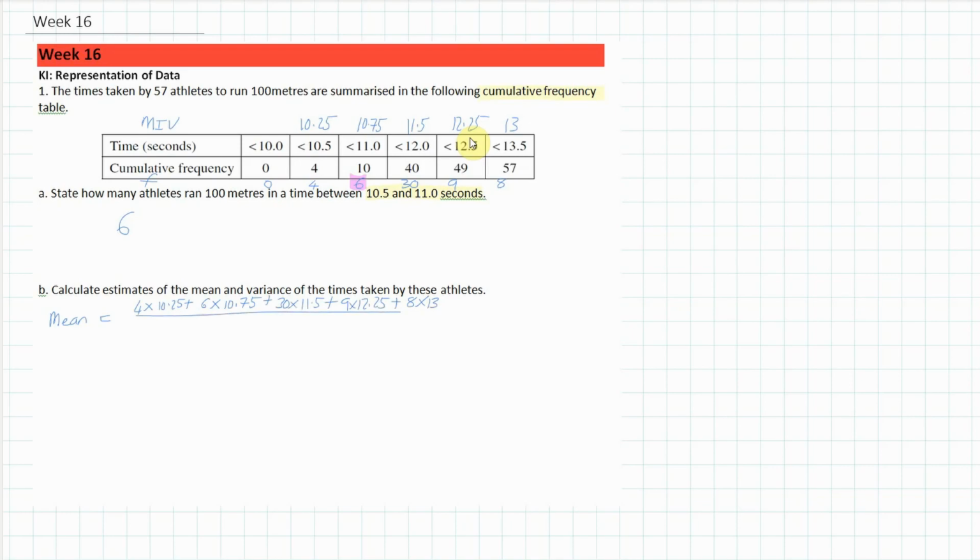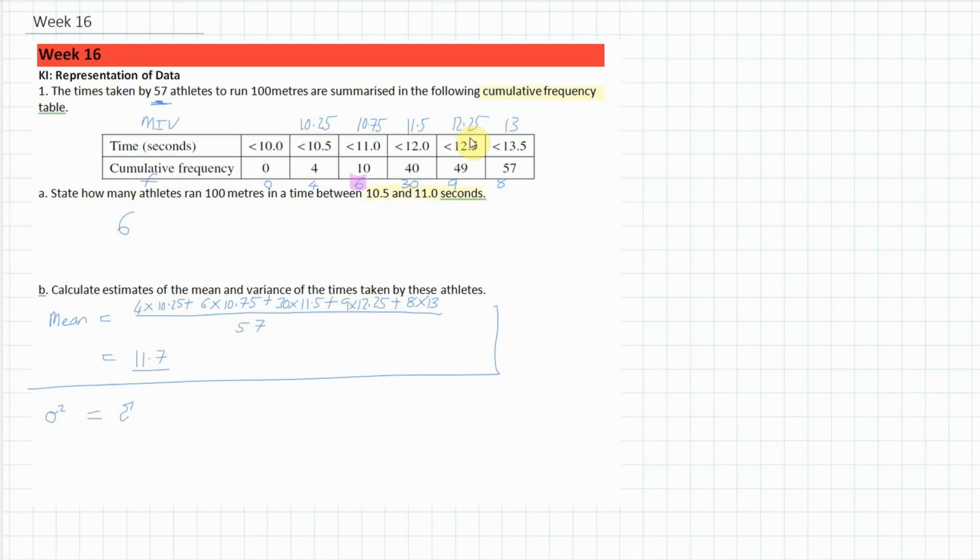Now, the total frequency, we've been told right at the beginning here, is 57 athletes, so we divide that by 57. Now, when I did this before, I got an answer of 11.7 to 3 significant figures, and of course I saved my unrounded answer into my calculator because I'm going to need that for the variance. So that's my mean. My variance is sigma squared, so this is equal to